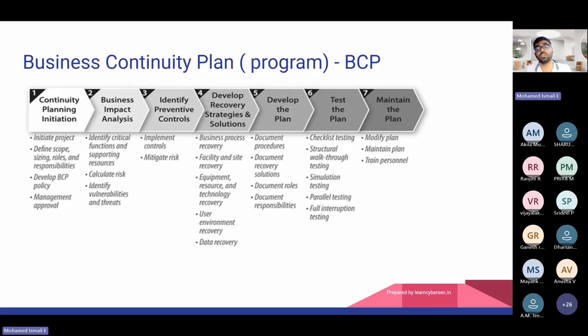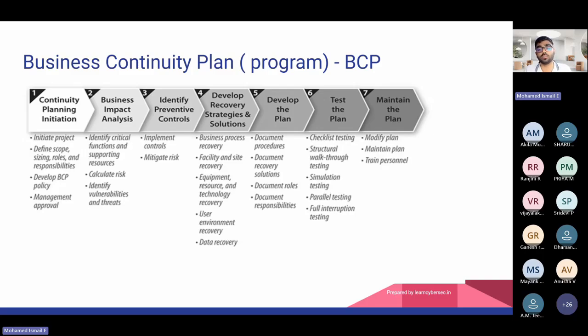Then implement controls and mitigate risk. How to mitigate? Now the milk supplier problem. Let's say the factory is located in Chennai, they can open another factory in a nearby district, maybe nearby Viluppuram or a nearby town. They can supply it through maybe mobility services during the flood. They can send it through any government-supported vehicles like army or police support. They can distribute the milk, right? That way they can identify controls. They can implement the controls to mitigate the risk.